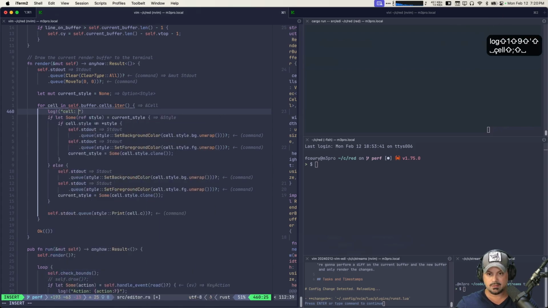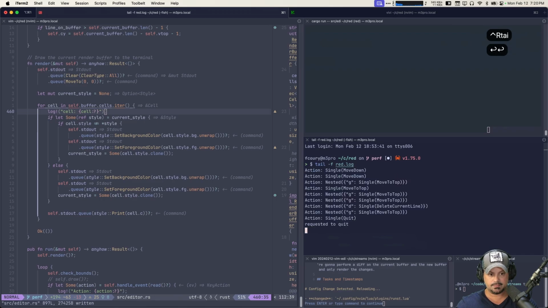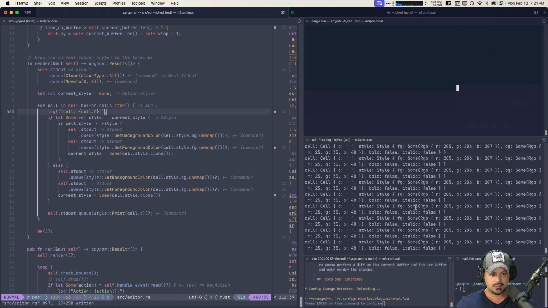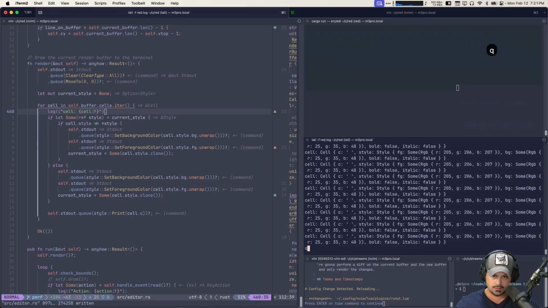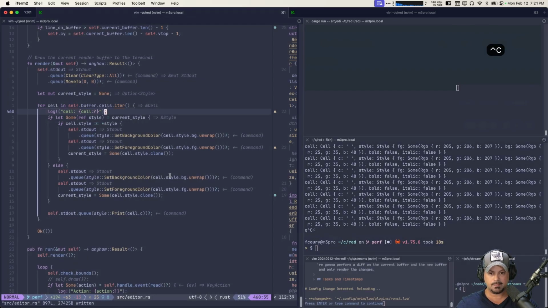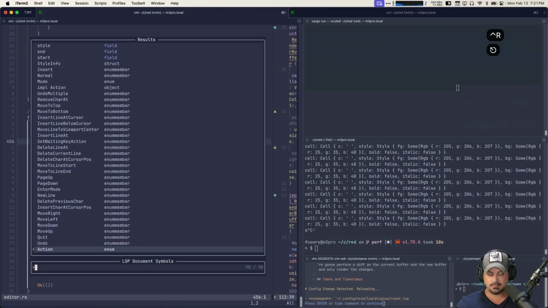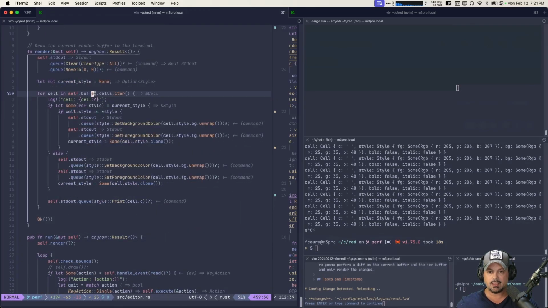Log cell tail. Here we go. So what do we have here? Everything is empty. Why is that? Oh, because no, I don't know why. Oh, because we're not rendering anything to the, yeah, let's see. Run. Buffer. Yeah, we're not getting the viewport and putting that